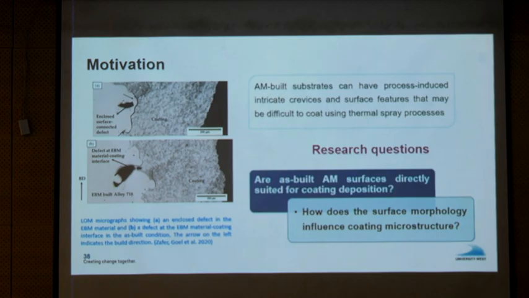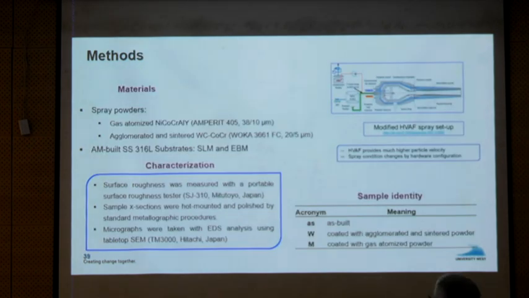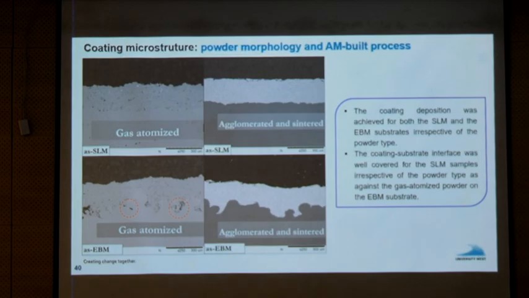So when we started this, I said my bet is that if you try to answer this question, it will depend on how the AM part is built. Second, which coating do you want to put on that? The answer that I get for thermal spray may not be the same answer for PVD or electrodeposition, right? And the answer that I get for EBM may not be the same for SLM, for a given technology. So we have been looking at that aspect, doing many things, started with HVAF for example, and then we find that